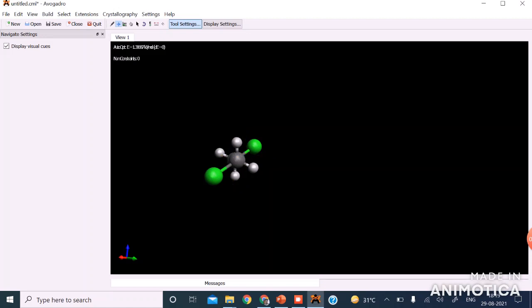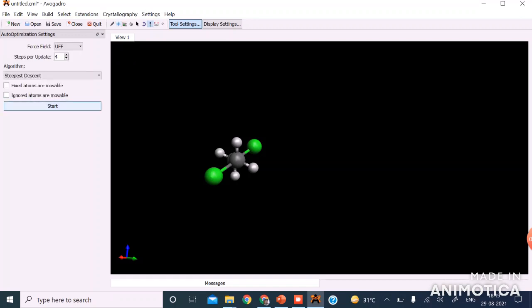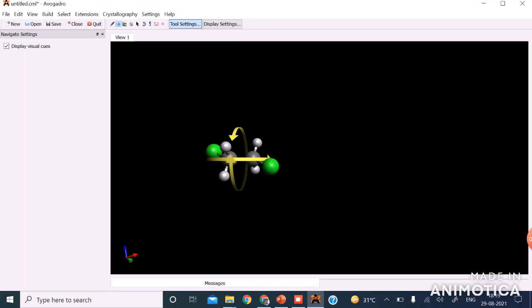Now this is in perfect trans conformation, as we have already seen in the last slide. In this case we have the global minimum. From this position we can change it by stopping this auto optimization tool, going to the navigation button and rotating this molecule.